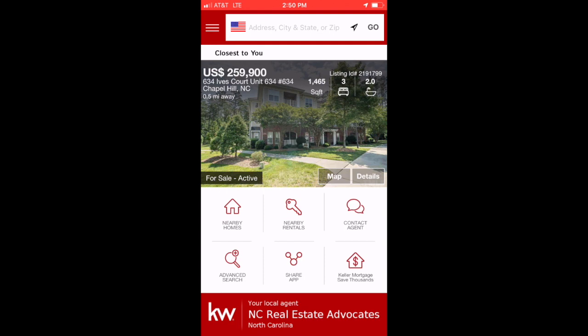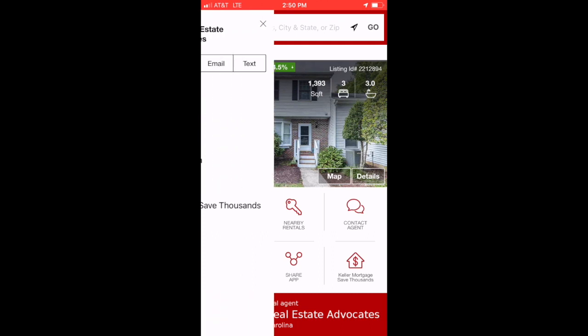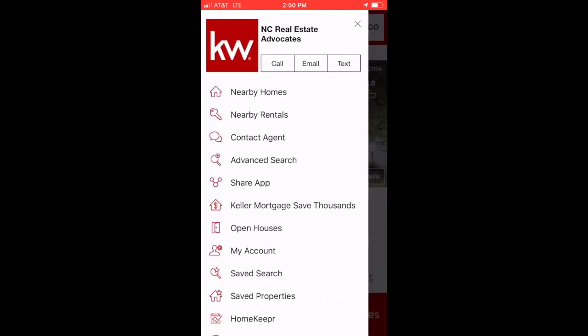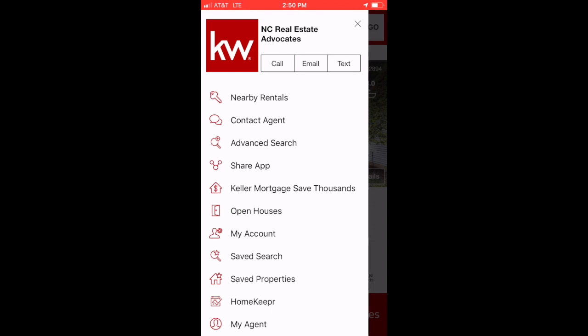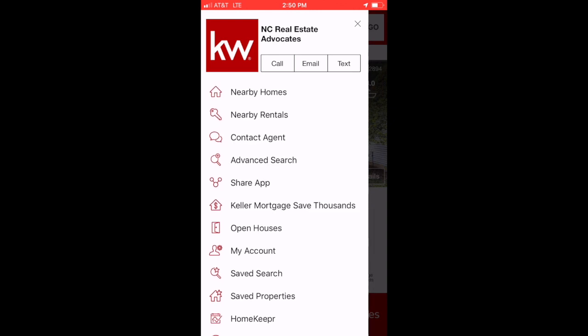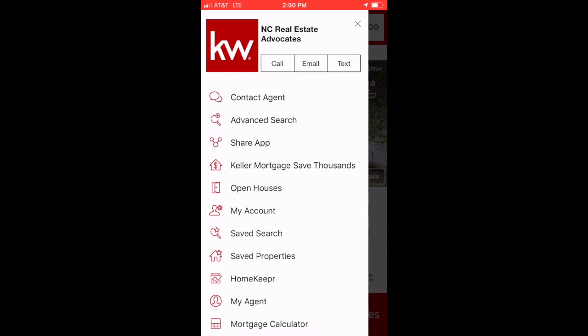Okay, the other thing we're going to go do real fast is we're going to look at the menu item using the lines at the top left-hand corner. And you're going to find basically everything you found on that home page: nearby homes, contact agent, share app. You'll also find my account info,